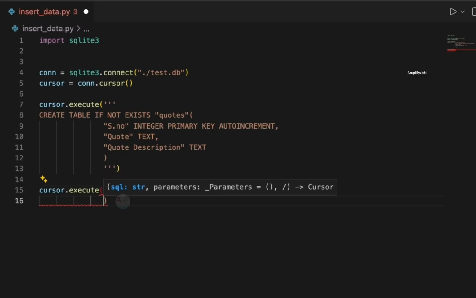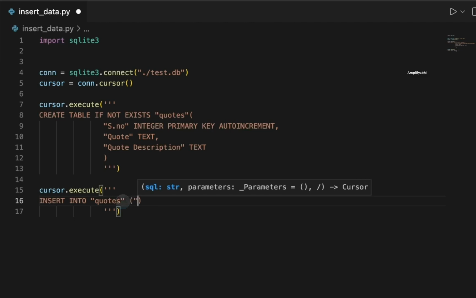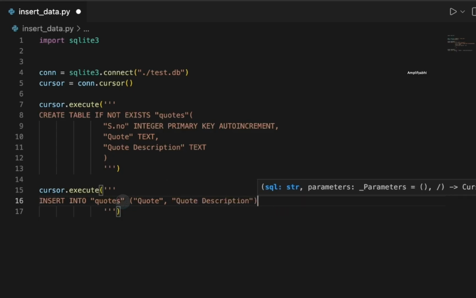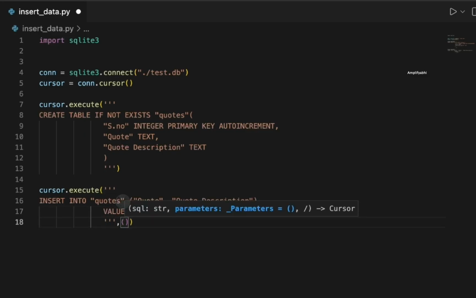So again I'm adding the triple quotes here. So make sure first you add the triple quotes and then start writing the particular command. And now insert into quotes like the table we have created, and also make sure the table name is exactly the same. And now we are trying to insert some data, right? Let us try to specify the fields exactly. Like the first thing is quote and the second thing is quote description. Now we need to specify the values into this. So the values that go into these particular fields are,